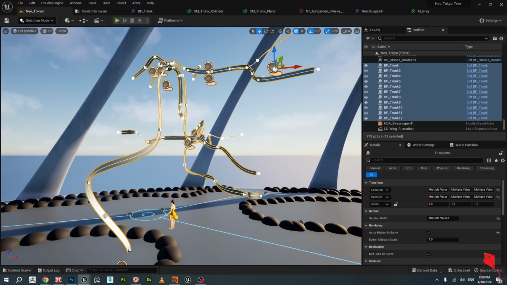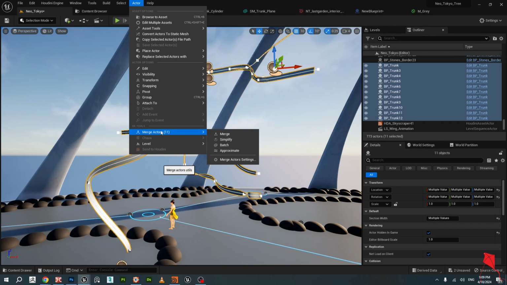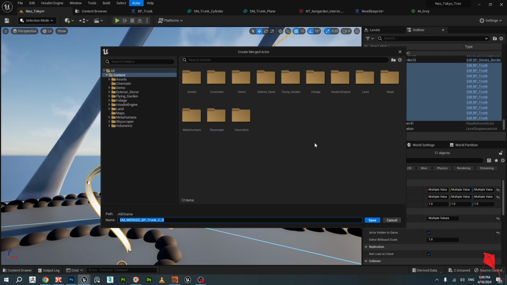This is important because this is how it actually gets written into the FBX file. The first one goes first, and then Houdini sees it as first, and it will make our life a little bit easier if we know every time that our trunk is the first entity, because we'll need to split them later. So after I selected all of them, I do Actor, Merge Actors, Merge,